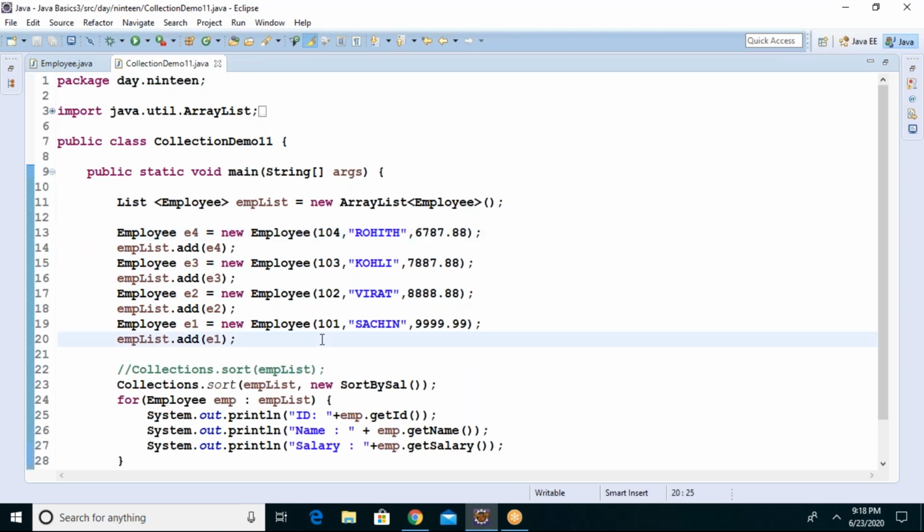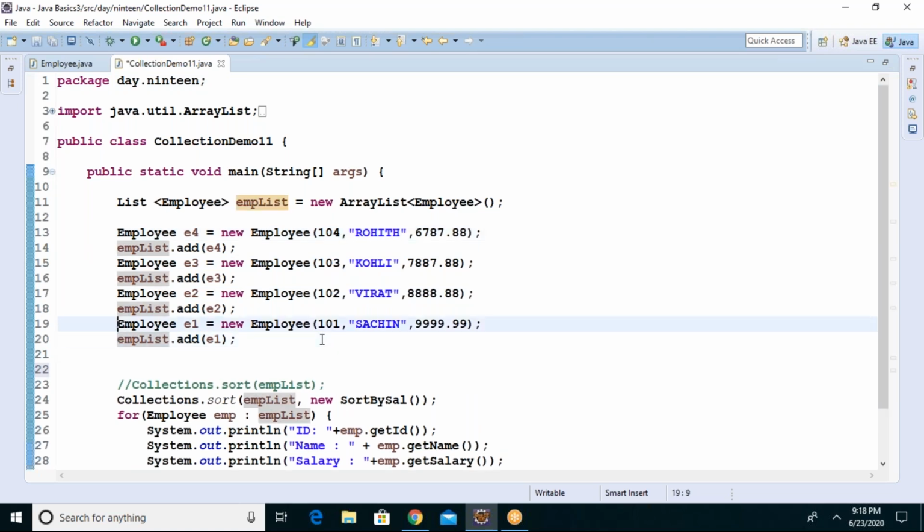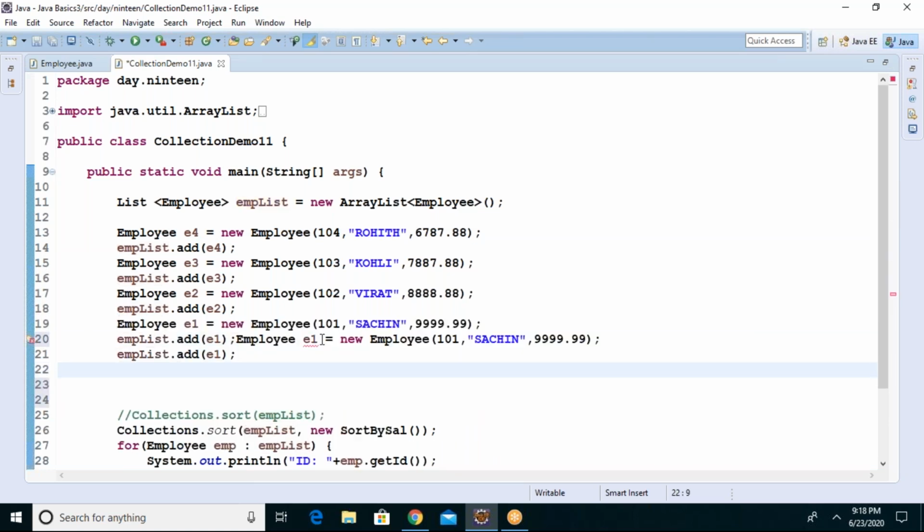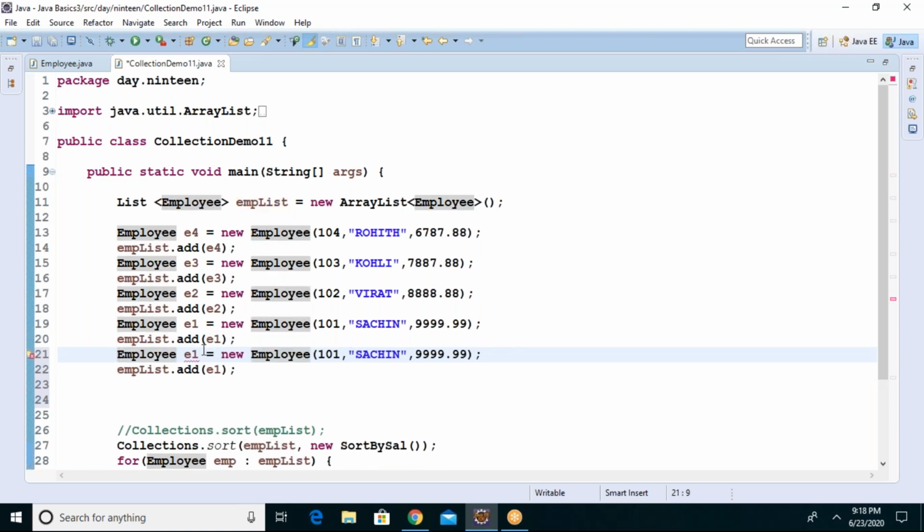If I create one more object here, E5, what if I give 101 or 104 again?